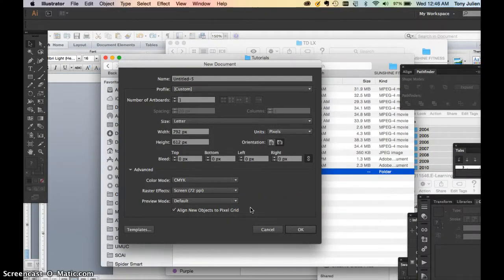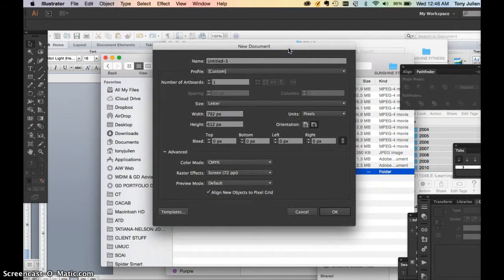We'll be talking a lot about color and typography, which should serve you well as you're doing your first project, which has a lot to do with typography and color. So the first thing I want to do is open up a new file in Illustrator, and you'll notice that